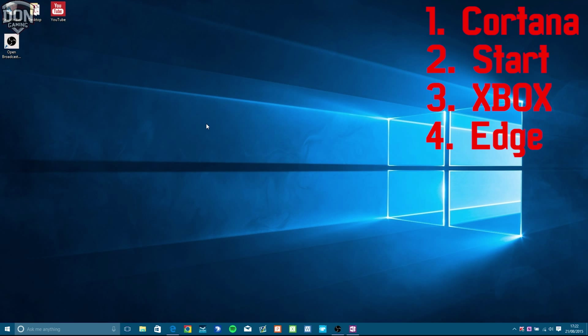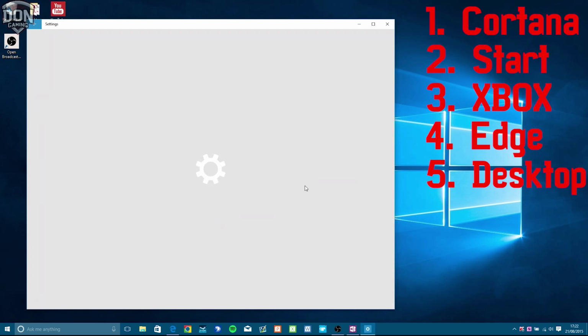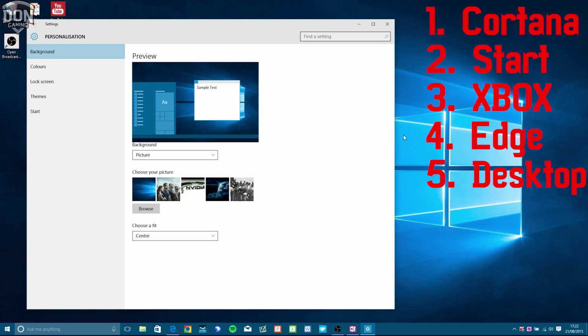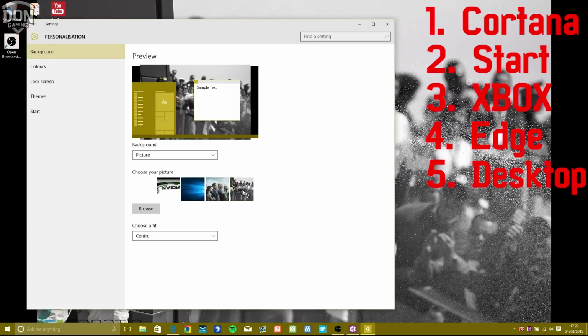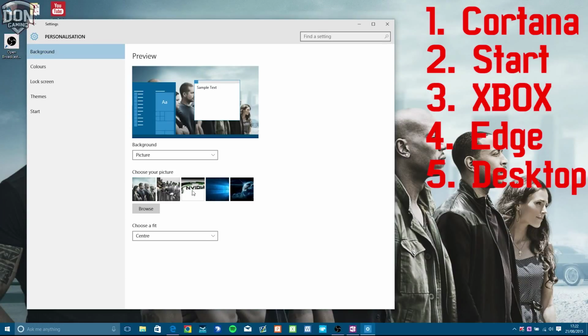Now for the personalisation aspects. As you have normally in Windows 7, you'd have a nice little window come up. Here in Windows 10, sorry, it's all in one. So you can choose your picture. I've chosen the base one, but I've also got these ones here. And as you'll see, as I choose them, the backdrop will change colour. The backdrop changes colour. How cool. So if I go back to the Windows one,